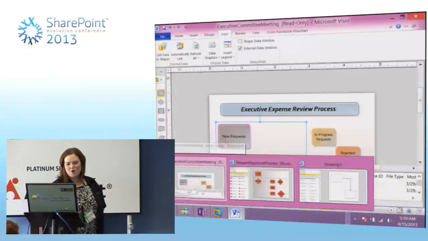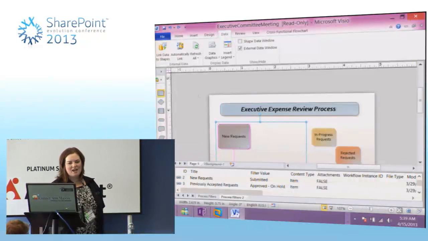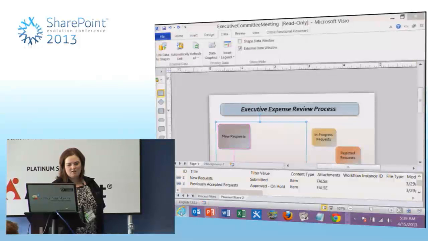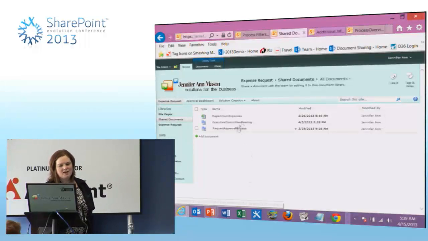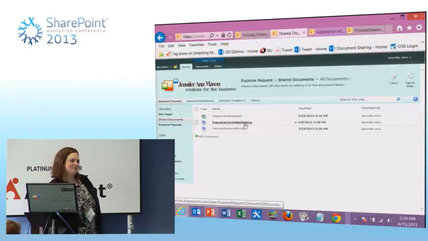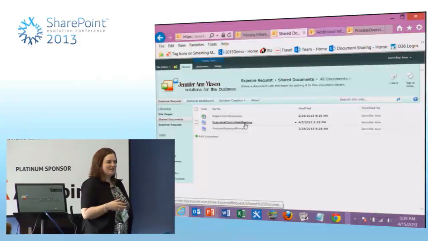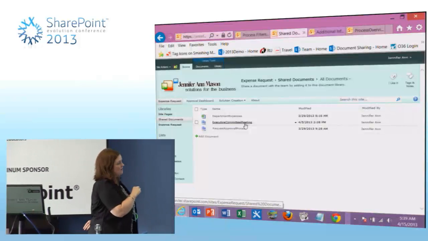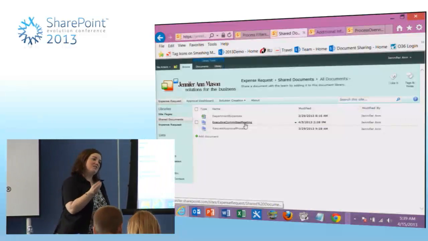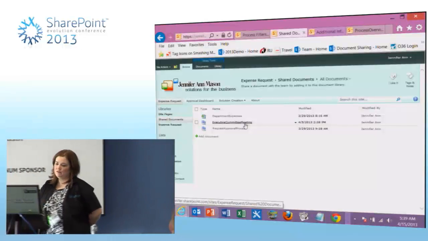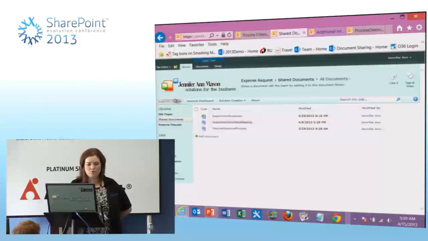Okay. So once we go through this process again, we just save it back to SharePoint. I can show you that. It is just a file inside of a shared document library. So, executive committee meeting, it's just a Visio file inside of a library. Nothing super special about this. All the connections are happening inside of Visio, and then it's stored just like any other document inside of that library. And then when I go to my page,